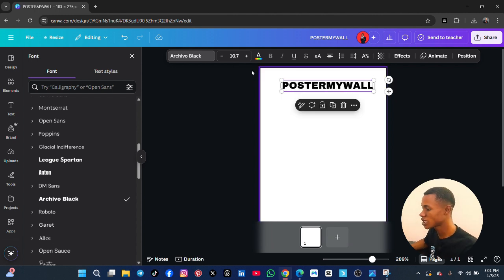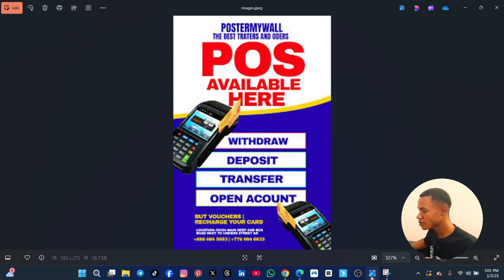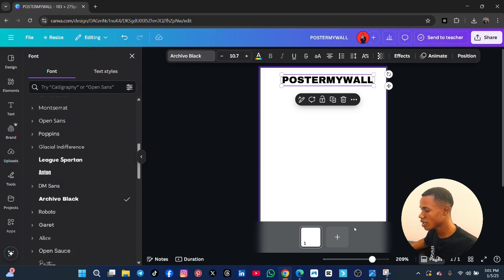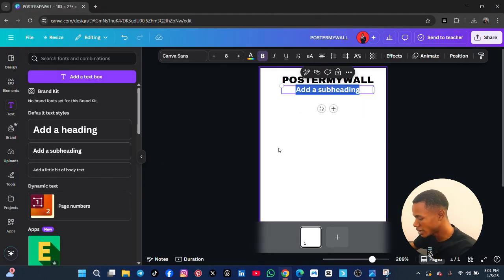Remember I said you can reduce the size from here, you can reduce it from here. So the one that is simpler for me is what I used to use. So let's look at it again. Okay, poster my wall, we bring it here. Now the next one we see there is the best transfers and others. Of course, you see that this one is bolder than the next one. So we are going to come to text, and then we are going to pick the second one that is in, and then the best